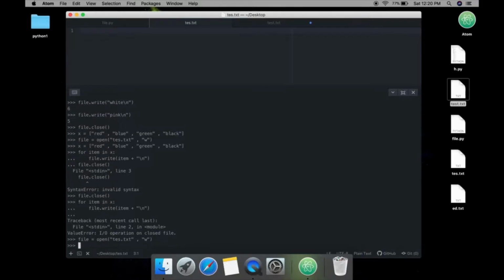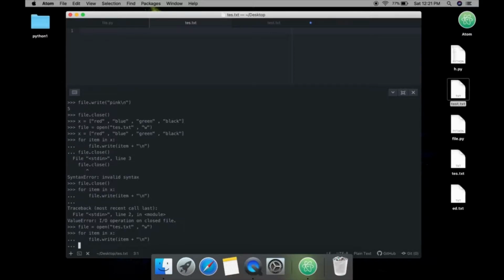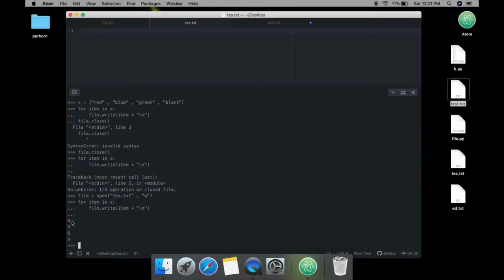First I need to open that file. Now that in x, and this thing in that one, and now here it is. So first time I got an error because I closed this file in the loop, but I need to close that one here. I did not hit enter. And the second time I got an error is because I have closed that file but did not open that file again. So here I have I/O operation on closed file,